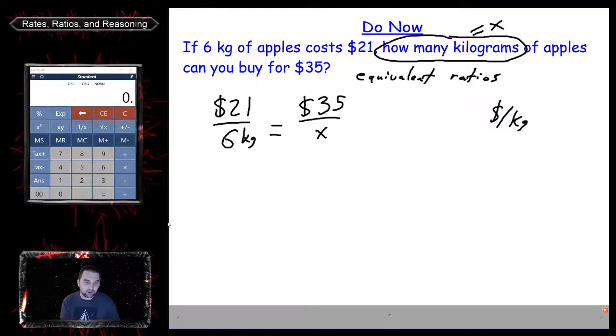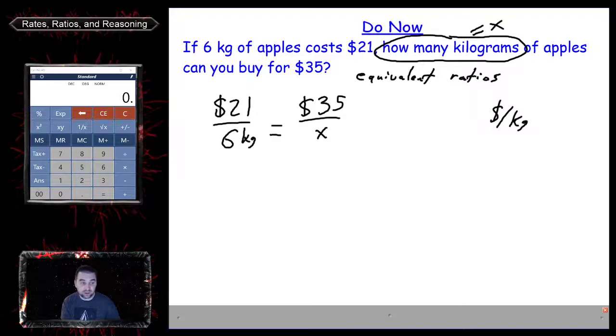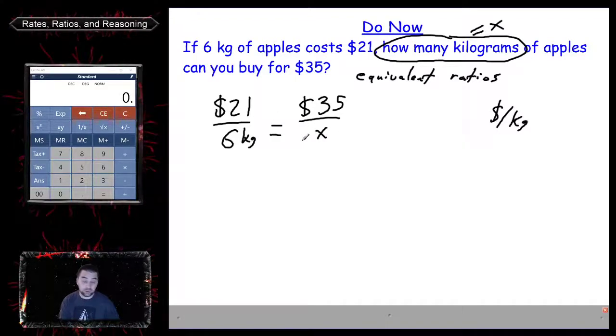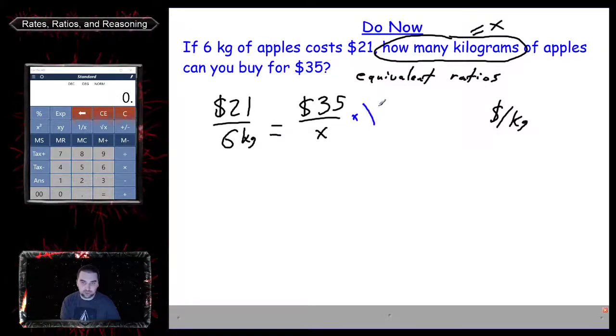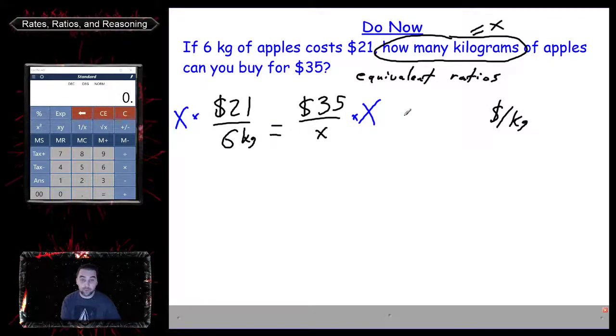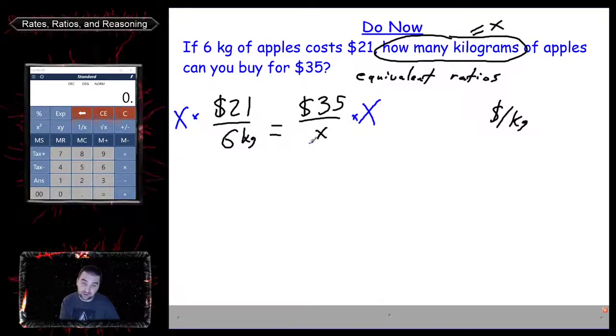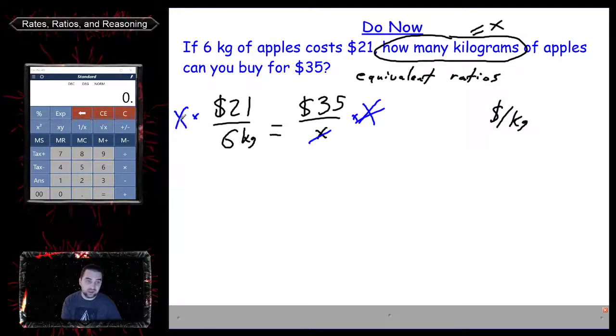Now here's the solving part, and this is where a lot of people in our class have some issues. Remember that our objective is to get our x variable isolated. We want it to be all on its own at the top, equal to something else. So here I'm dividing by x. The opposite of dividing by x is multiplying by x. So I'm going to multiply by x on both sides, because if I do it to one side, I have to do it to the other. So the x's are going to cancel on this, and I'm left here with